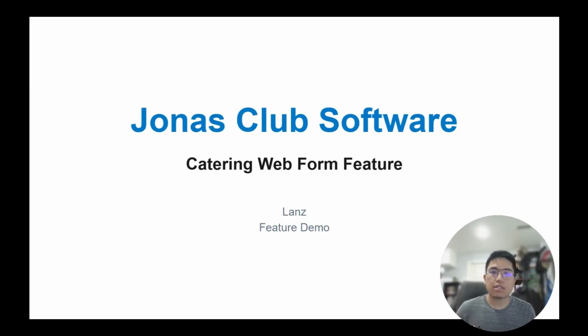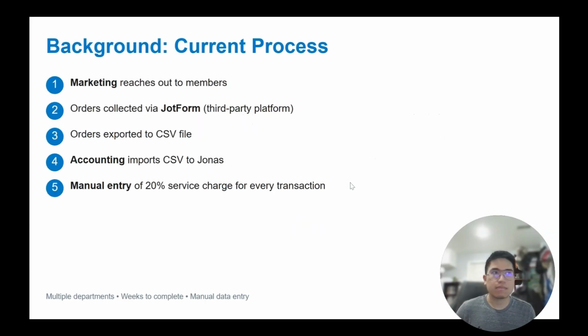So, out of curiosity, I asked the marketing team at Chevy Chase and the accounting team how they handle catering orders. So, the first process is the marketing team reaches out to members via email or phone number, and then they give a Jotform, which is a third-party platform where members can order in the catering order,